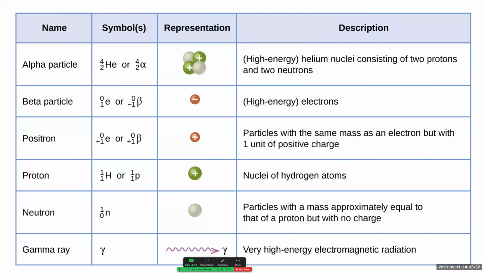Oops, let me go back up. Okay, next is a proton. So we saw at the very first row here, we lost an alpha particle, which is like a helium nucleus. We can also lose a proton, which is like a hydrogen nucleus. So it's 1 proton. It's a positively charged particle. It's the same weight as a proton. Another particle we can lose, we know the nucleus is made up of protons and neutrons, so it can also lose a neutron. A neutron has the symbol n, it has 0 charge and a